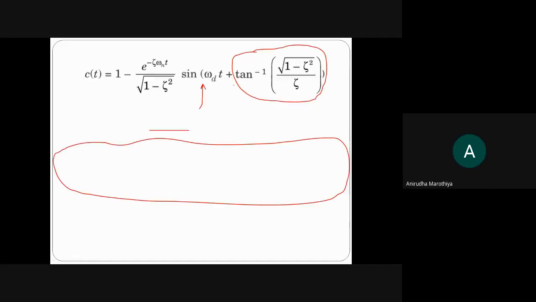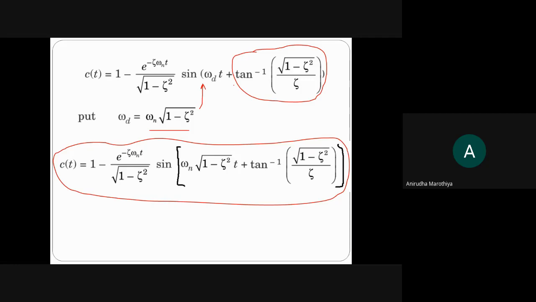Yes, sir. Okay, so I want you to write down this. So this indicates the time response of a second order control system when it is subjected to a unit step function, which is very, very important. Now, suppose you are interested to calculate the value of steady state response, which is nothing but c_ss of t, or suppose you are interested to calculate the value of transient response, which is nothing but c_t of t. So can you just tell me what will be the value of c_ss of t for this particular case? c_ss of t क्या रहेगा?